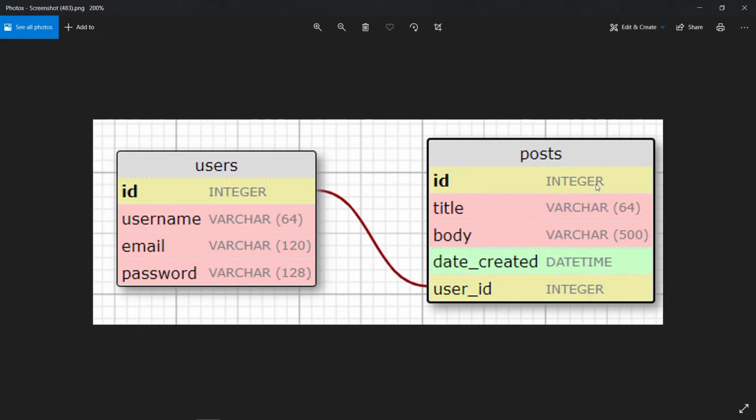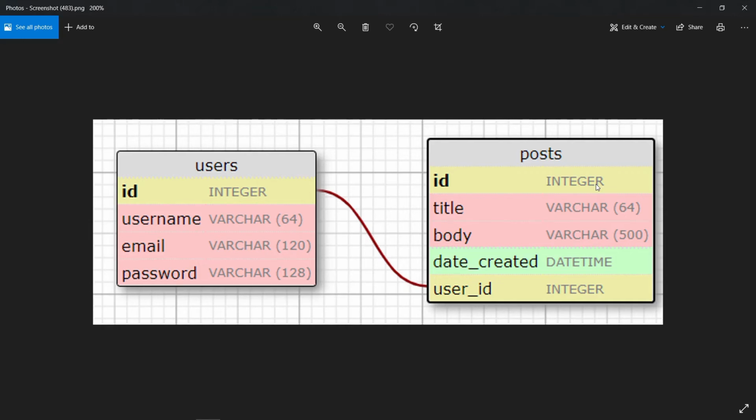The ID field, as we know, will be the primary key, obviously, which will be unique also. The other fields like title will store the title of the blog post, the body will store the content of the blog post, and the date created field will store the time and date when the blog post was created.